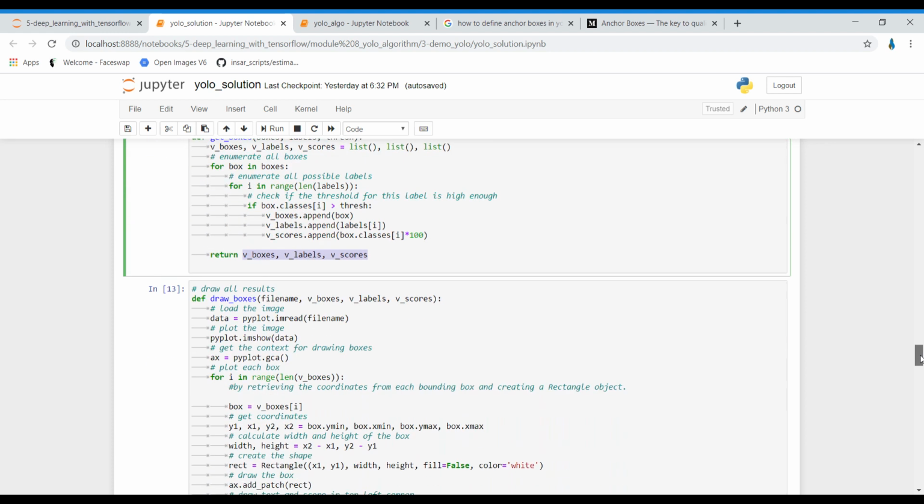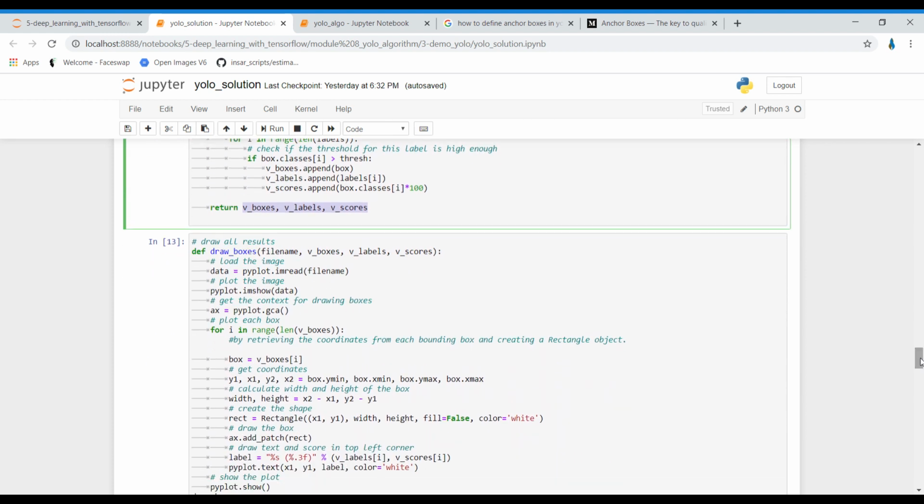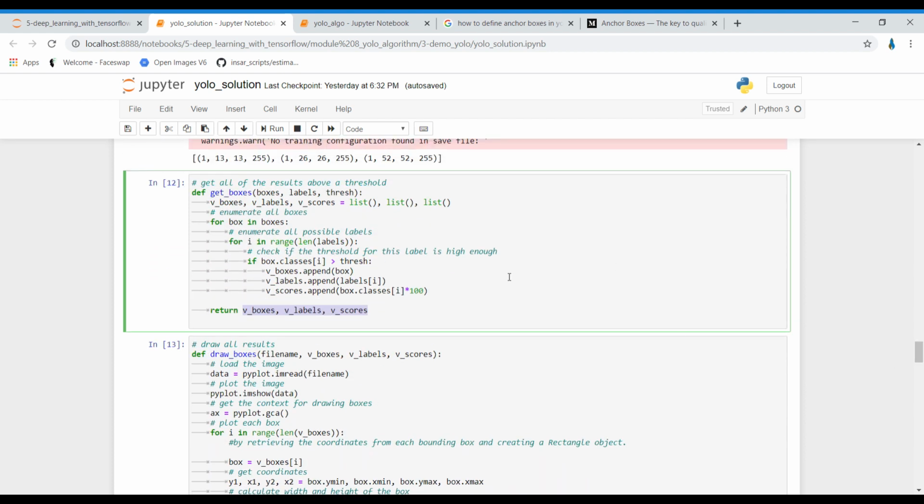Now the next task is to draw the bounding boxes, using the output of the previous function, the get boxes function, because it has all the bounding box information. Now we want to draw all those boxes using this draw boxes function.